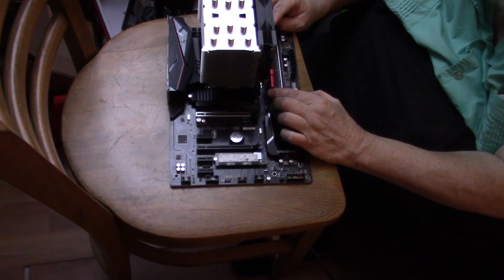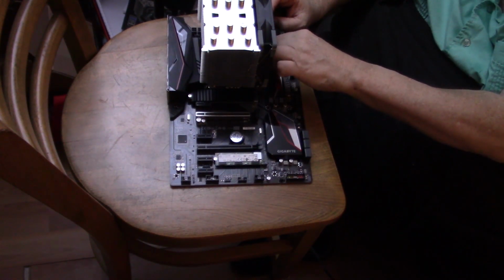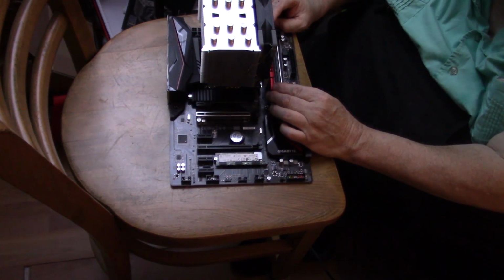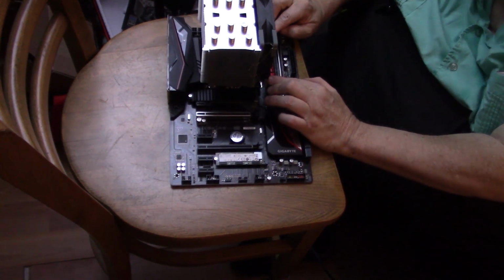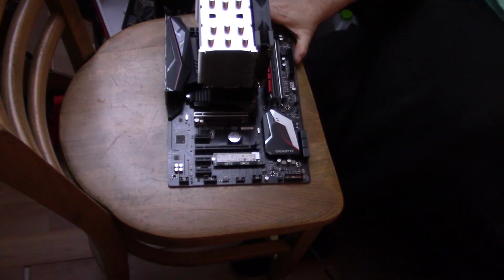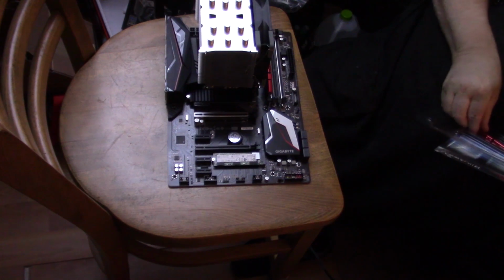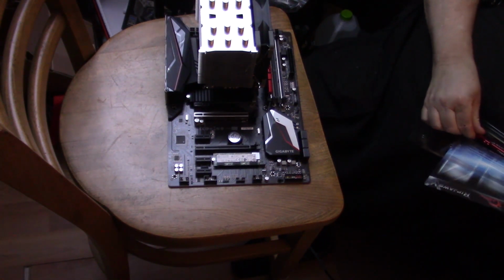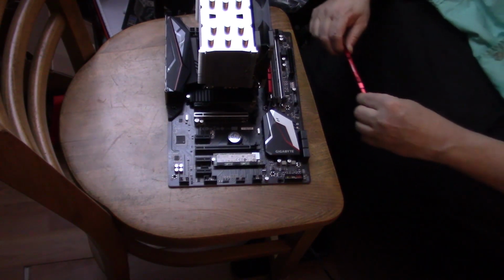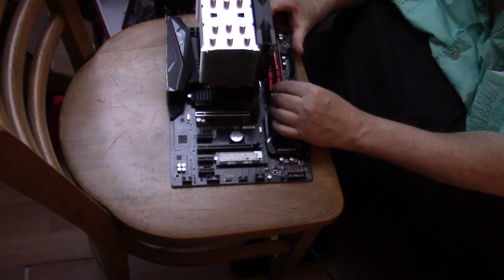You make sure you're lined up in the slot, and I was not lined up. That's why you want to do this very carefully. There we go. Now I see my slot is lined up with the notch. 2 fingers on each side, pressing down with the same amount of pressure. Now it's easier because they're all going to be the same. It's the first one that's the challenge. Next one, put it into the slot. By one end, get it into the slot. On the other end,